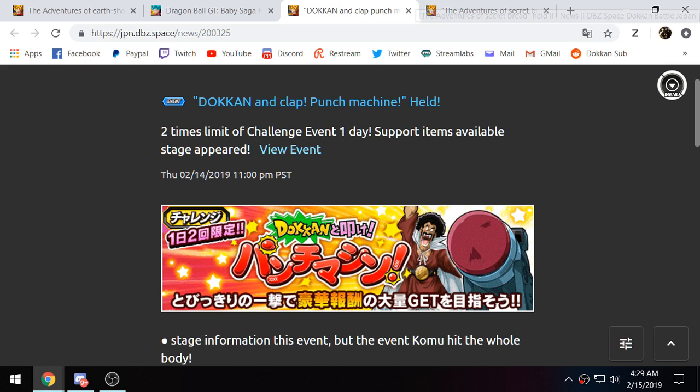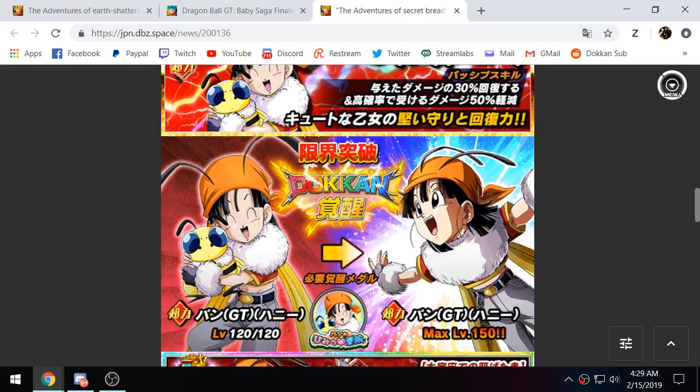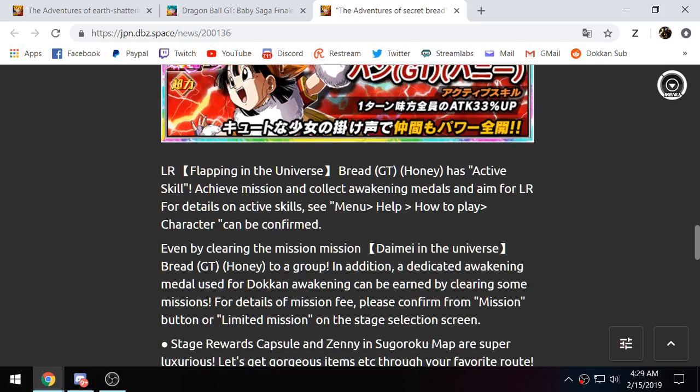So now it's easier to do the punching machine event, because before, you'd have to hop in a boss rush and quit out 3 times before you could find a nuking leader. Now, they're just there. It's like Super Battle Road, where they're just there by default in the friends list, which is very good. And then the last thing they did was, I believe they added the LR B-Pan stage to